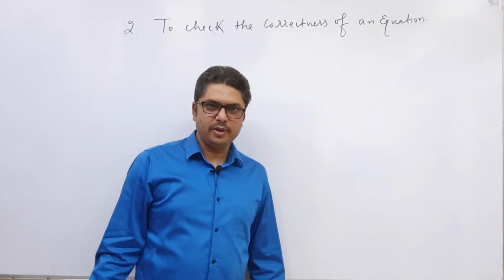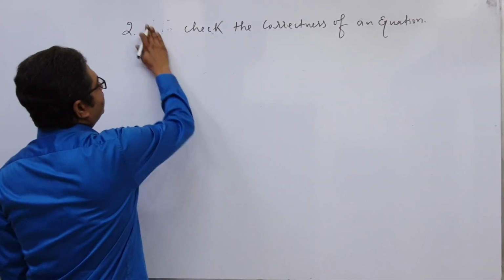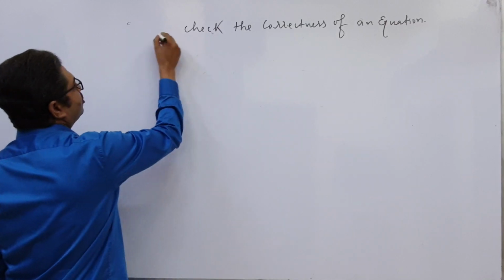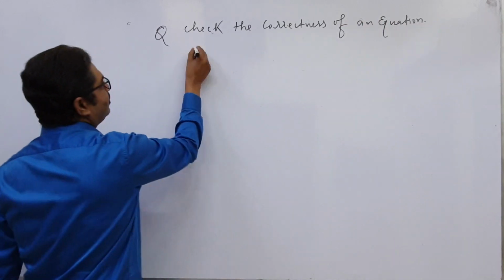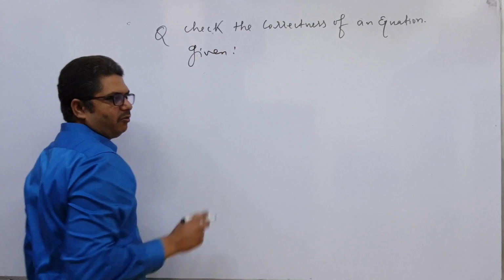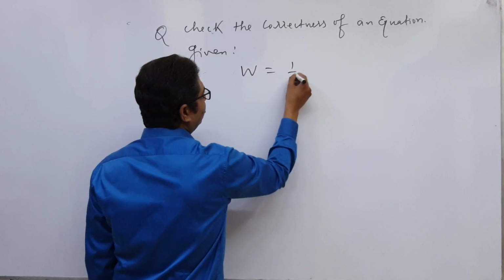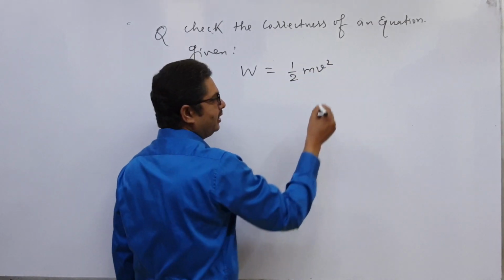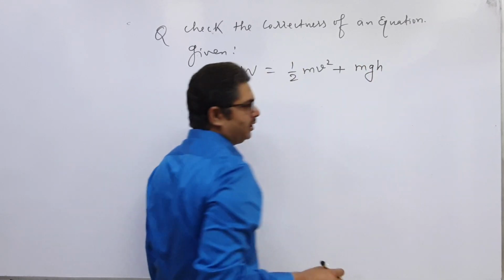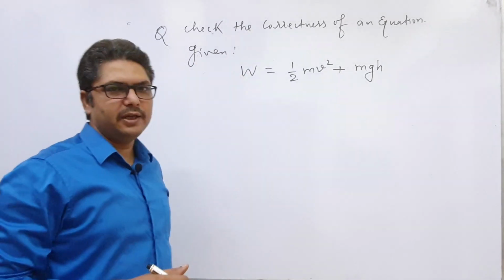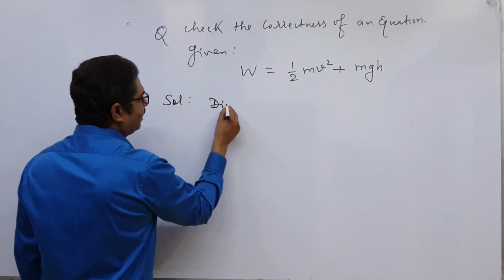Let us see a question based on this. Question: check the correctness of the given equation. Here I will give you an equation. The equation is very simple, that is work is equal to half mv square, that is kinetic energy, plus mgh, that is potential energy. So you have to check whether this equation is correct or not. For that you write in solution, dimension